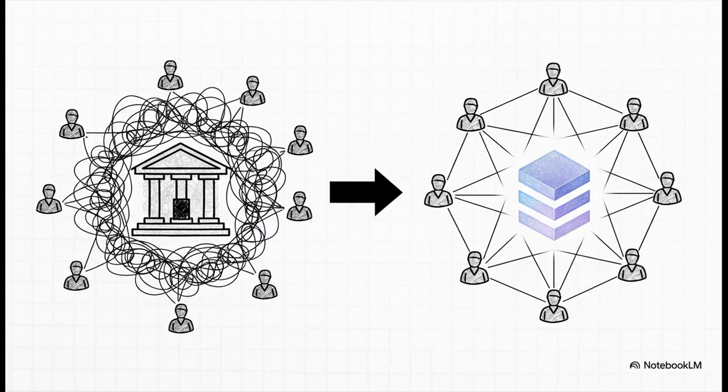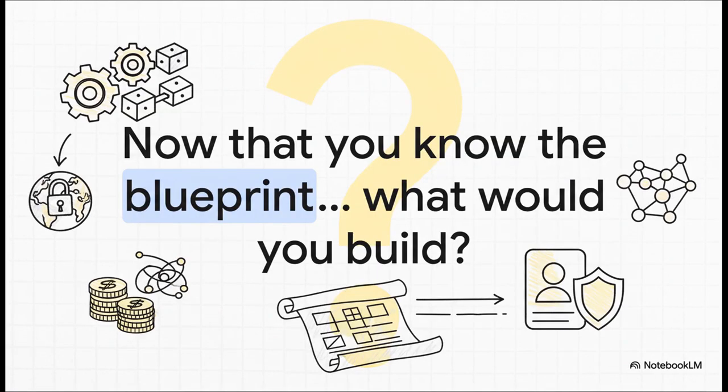And that, right there, is the ultimate takeaway. Solidity is so much more than a programming language. It's a tool for turning trust itself into code. It creates a new kind of agreement that's transparent, automated, and doesn't require a middleman, because the code is the middleman. This is how you build the architecture of digital trust. From finance and gaming to supply chains and digital identity, the possibilities are just mind-boggling. So the only question left is, now that you know the blueprint for building trust, what would you build?